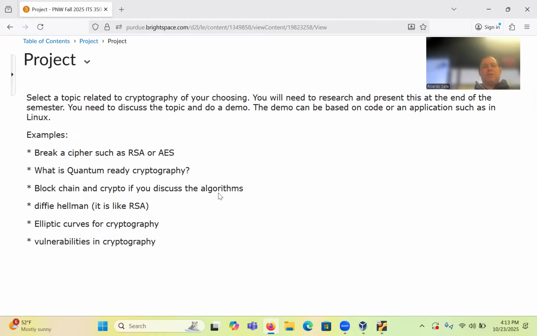Break a cipher such as RSA and AES in a new way, though, something interesting, right? Not the things that I demo in class. What is quantum-ready cryptography? So you can explore that topic in more depth, which I think I've mentioned. I did give you an introductory article to that, right? And I've said it's when quantum computers